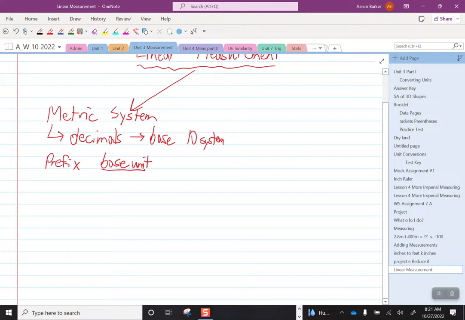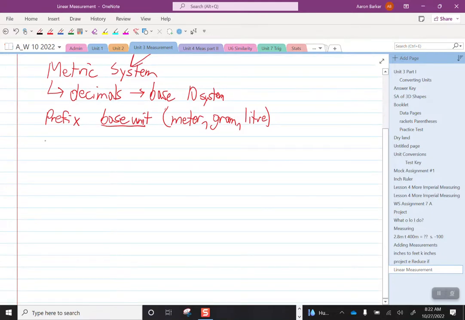Okay. With our base unit, because we're measuring length, it's going to be meters. But we're going to get to the other ones, which are what? Gram for measuring mass, and liter for measuring volume. Okay, and we will get to those. But for our prefix, the main ones that you need to know are kilo,